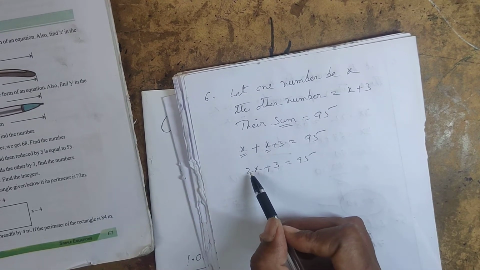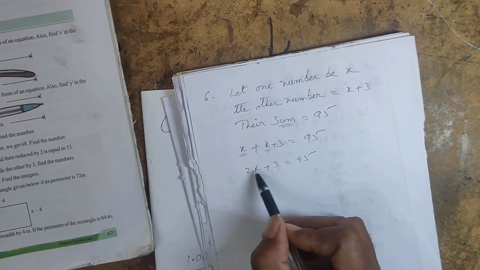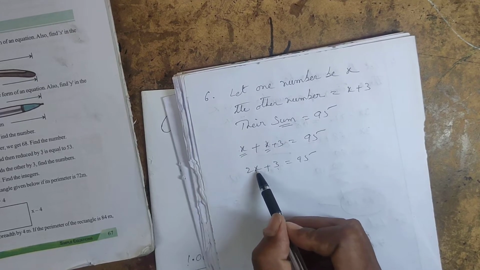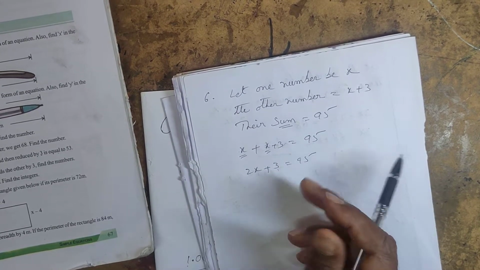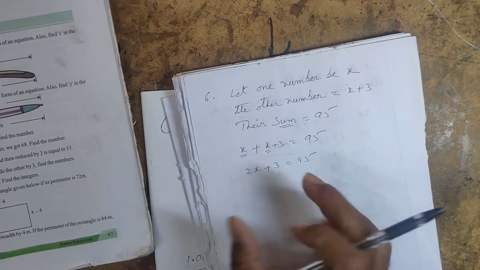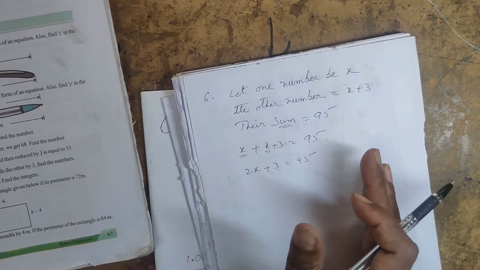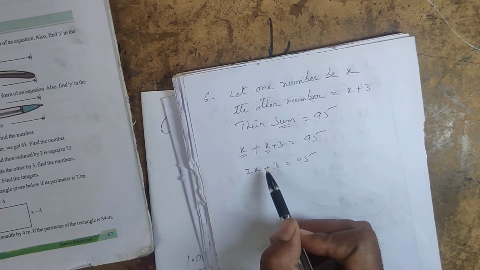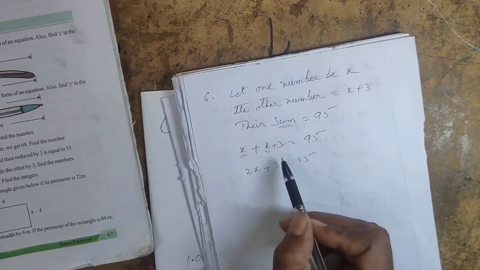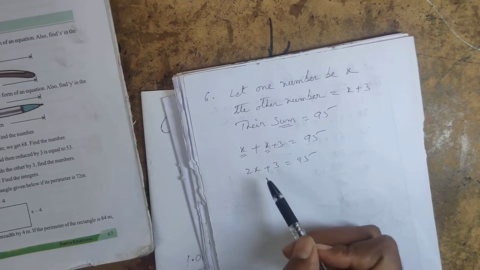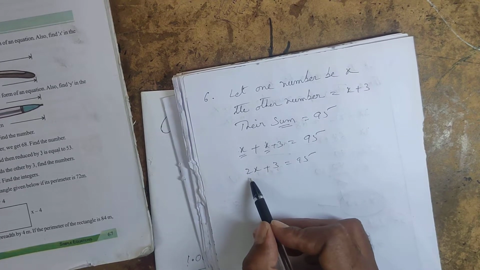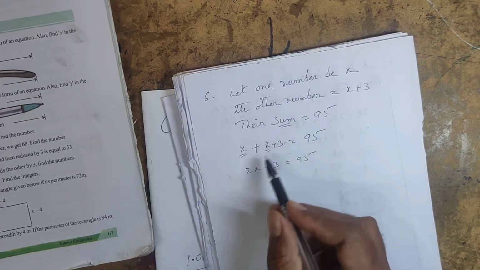See, 2 books are there, 3 biscuits are there. 2 books, 3 biscuits. Add them. So you can't say 5. 5 biscuits you can't say, 5 books you can't say. So we can't add them. Why can't we add them? Because they are unlike terms. So 2x plus 3 you have to leave like that only. And this becomes one simple equation.